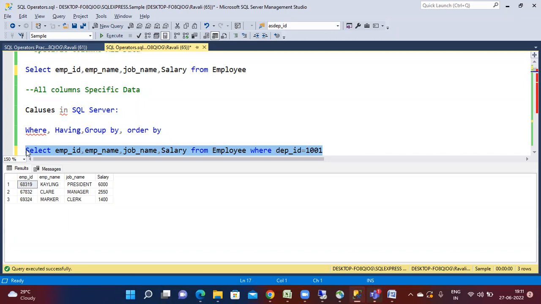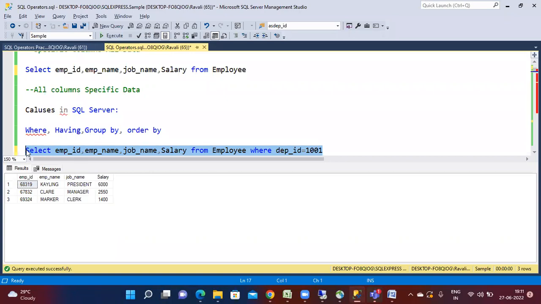Here, if you want to extract all the data from a table, you simply need to do SELECT * FROM table name. If you want to extract all the data from a table, but only specific columns, then you need to write the specific columns in the select list. Suppose you want to extract only the required data from a table, then you need to write your WHERE clause. The WHERE clause will help you to